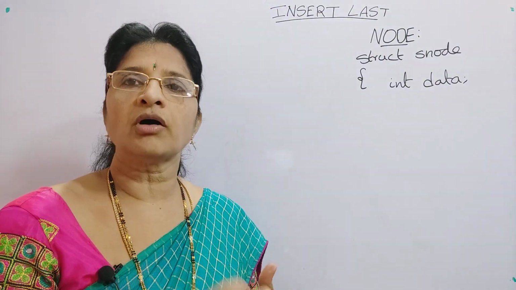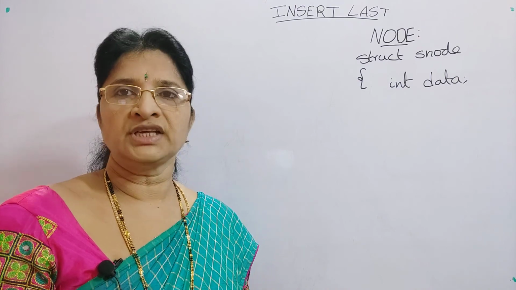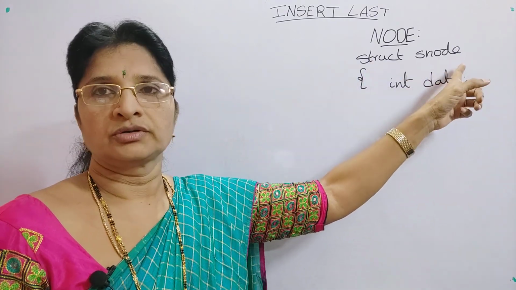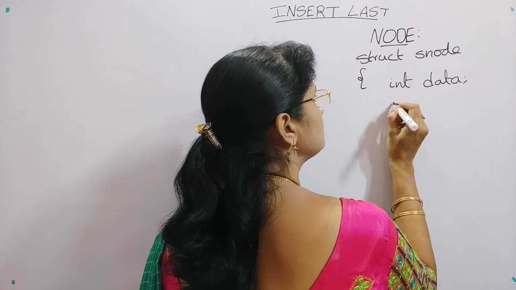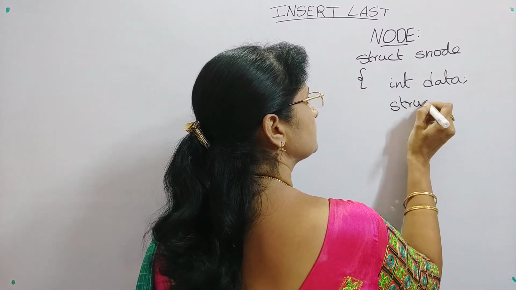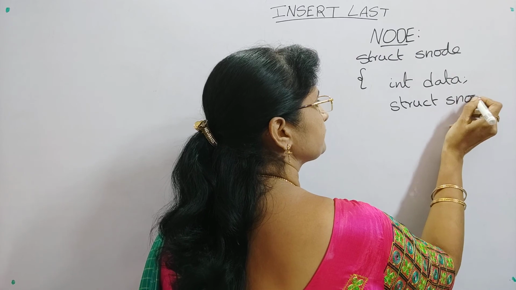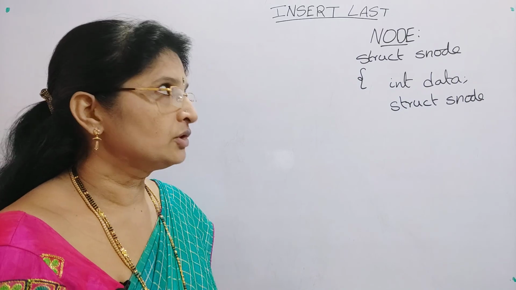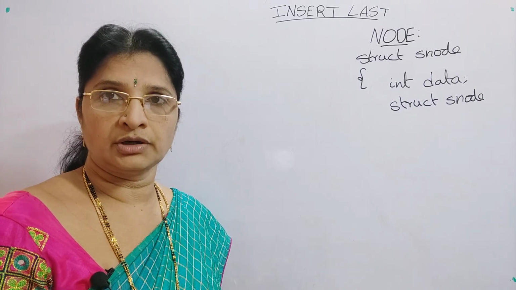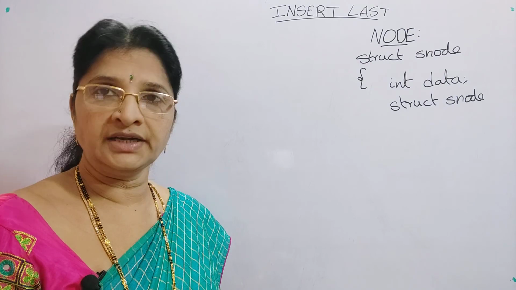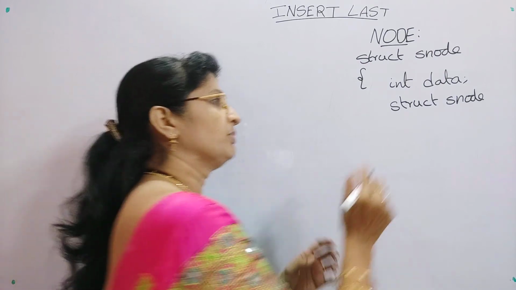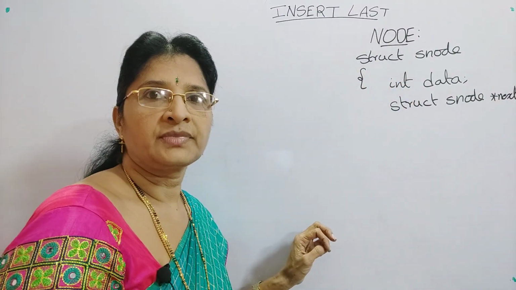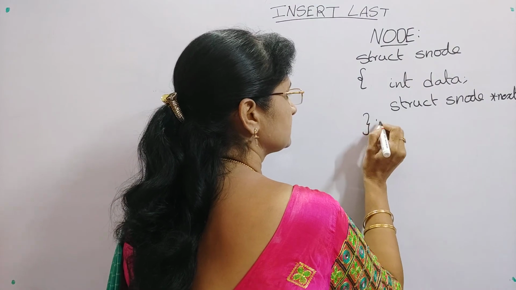So here the next node is also a node of your singly linked list. That means it should be a variable of the S node. So what you have to do is give the same structure, that is struct S node. So what is the data type of your node? It is struct S node. Whenever you are giving the data type of the struct node, it is a user defined data type, that is struct S node. But here it is a pointer. So here I am giving next, and then the closing braces and semicolon.